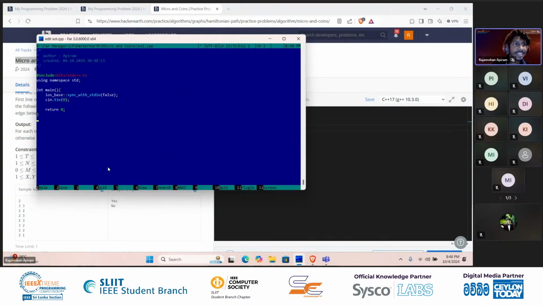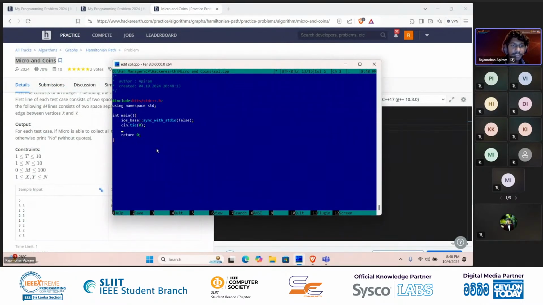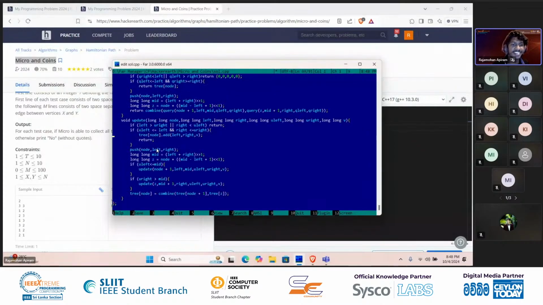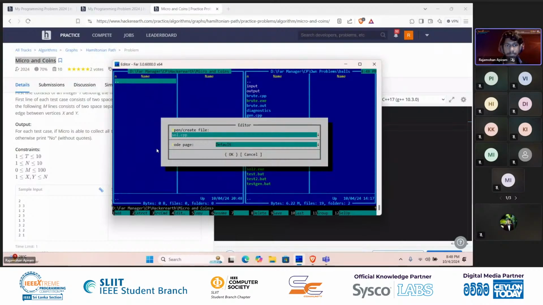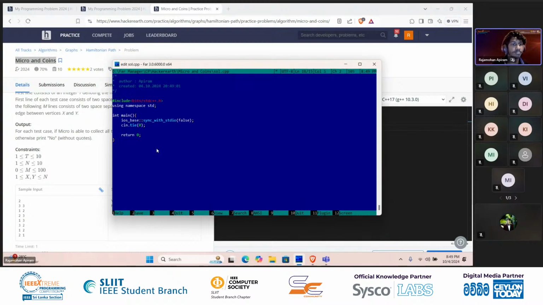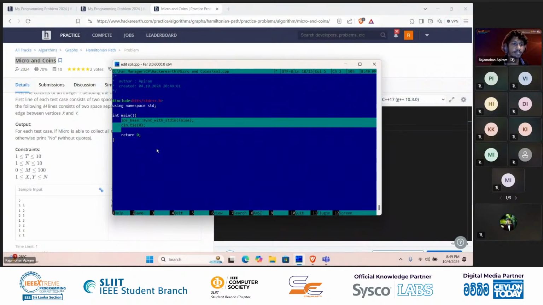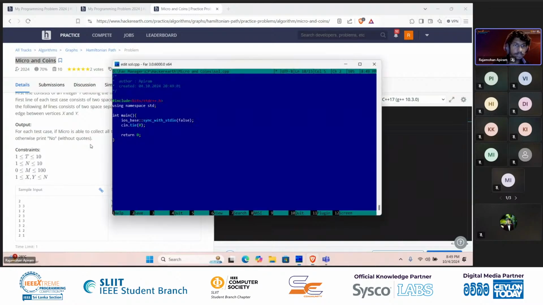This is my IDE. I use Fleet Manager, but you can use whatever IDE is comfortable for you. Choosing an IDE is the biggest part in competitive programming, because it will help you reduce the time you spend on configuring the IDE and all. I have pre-written templates and macros which I can use. For example, if I type seg, I will get this bunch of code for a segment tree. Likewise, you can configure your own IDE for your own case, which will really help you in many contests and save you time. So in this problem,